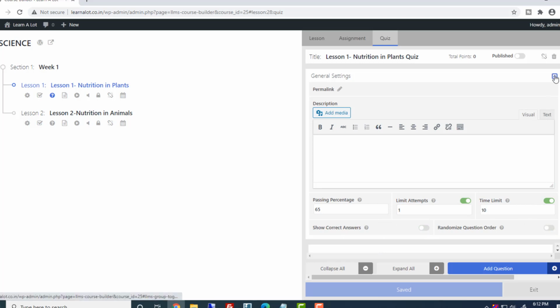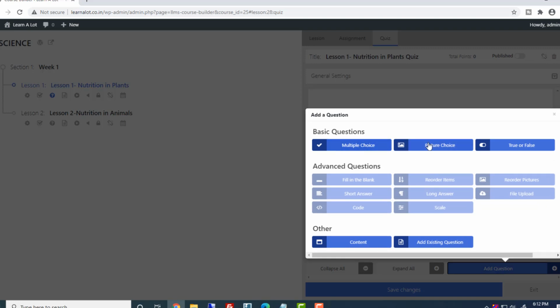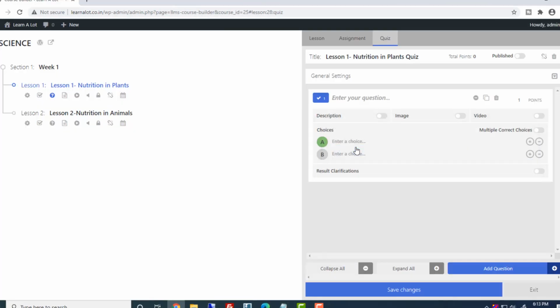Now we will add a question. Click on Add Questions. For the free version of Lifter LMS, we can add three types of questions: multiple choice, picture choice, and true or false question. Now we will add some questions to our quiz. We will try all types of questions. Now click on the Publish button to